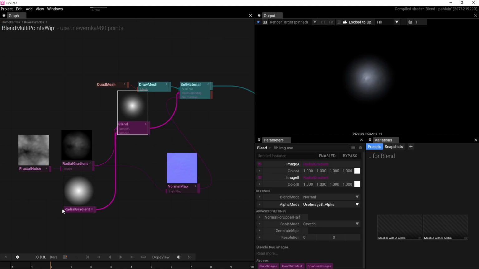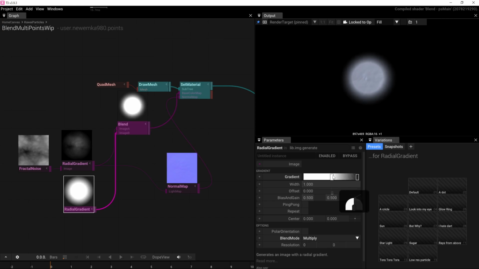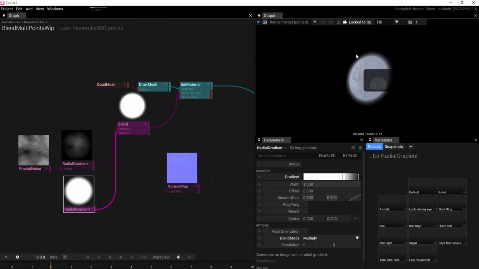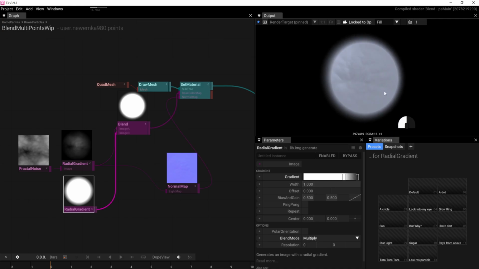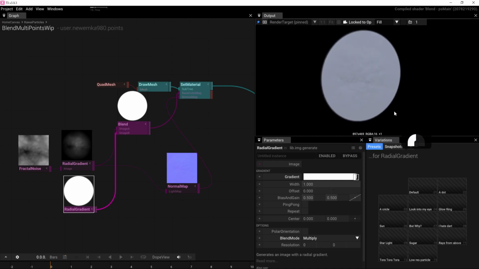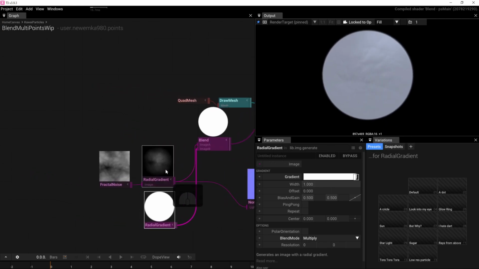Now my edges are transparent. And I'm catching the light like this. Maybe I want hard edge like this. What we can do also,